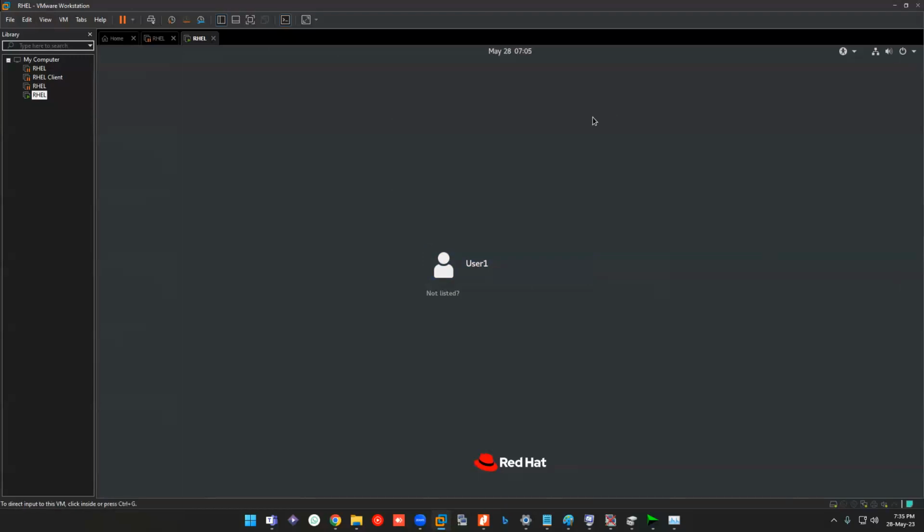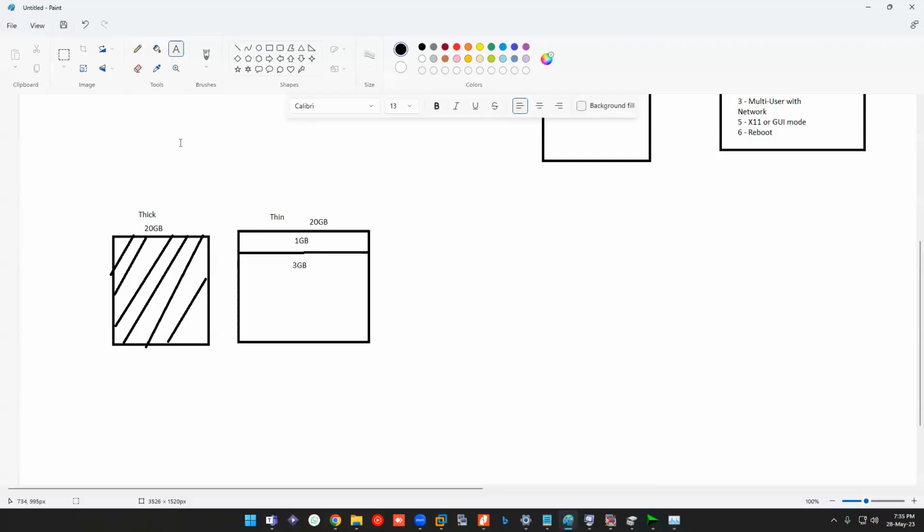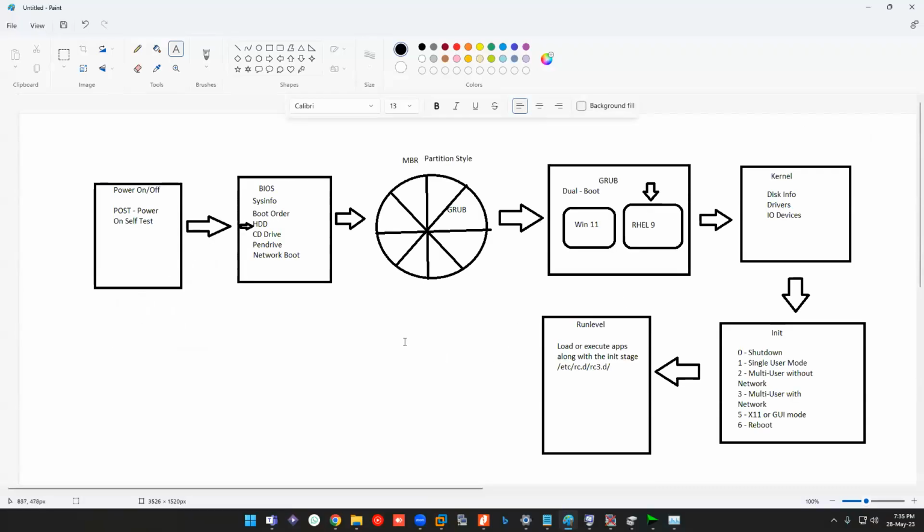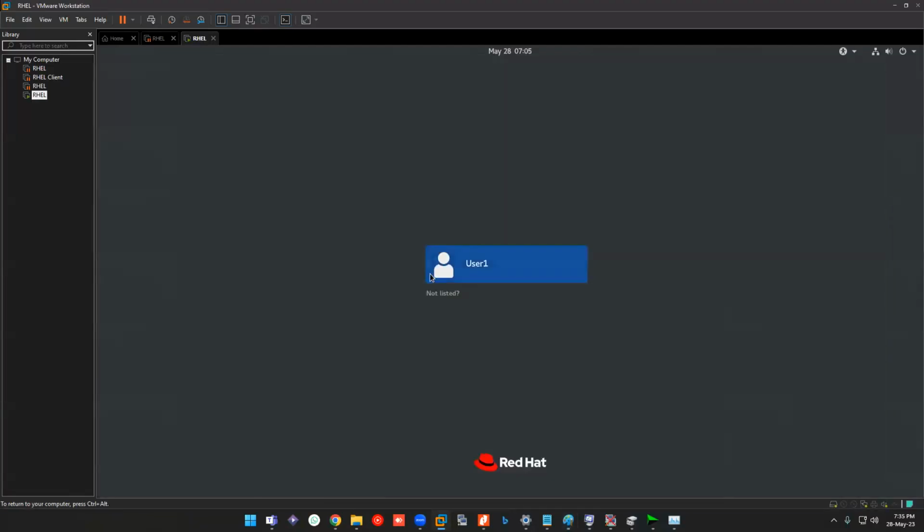Okay, before going to GCP, this is loaded. For this machine, we'll be configuring our Putty session. User one, we won't be logging in. So just click on. This is an actual lock screen, by the way. All this booting step is done, and lastly, you will be seeing this lock screen. Once you see this, click on not listed, type root, and just type the password, which I typed as 1234 in my case. For the initial time, it will take some time to load because it needs to initiate all the drivers, right?